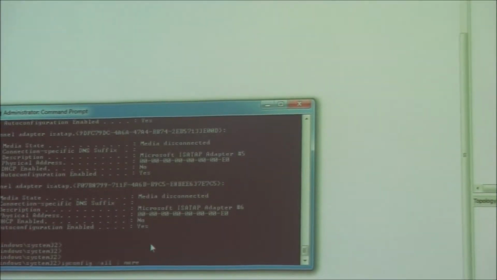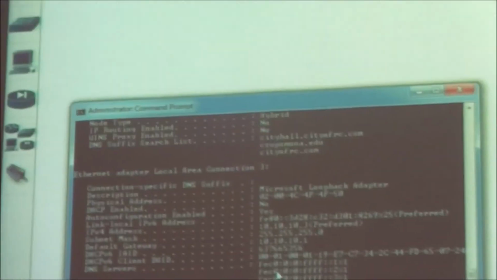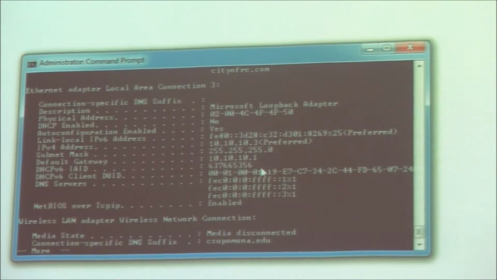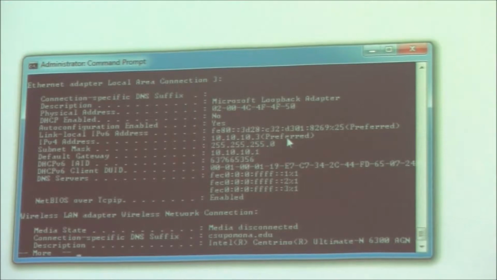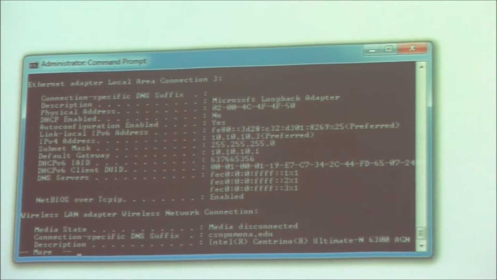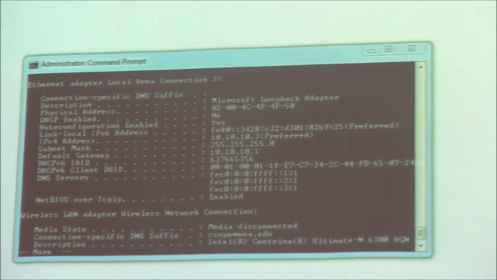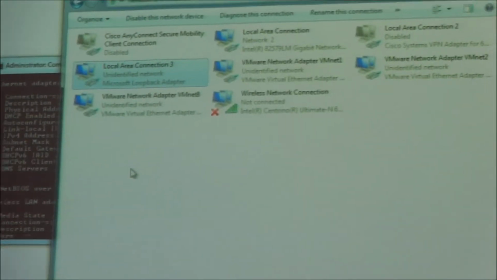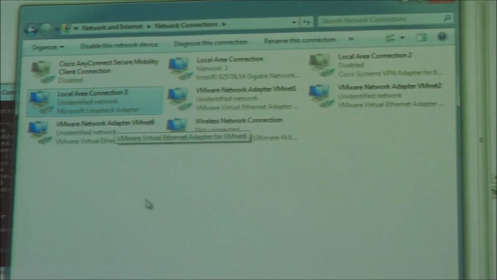Now we do this one. Microsoft loopback adapter. There it is. Connection number 3, 10.10.10.3. So if you go to your adapter settings, you'd have a loopback adapter in there. If you do not have a loopback adapter, okay,